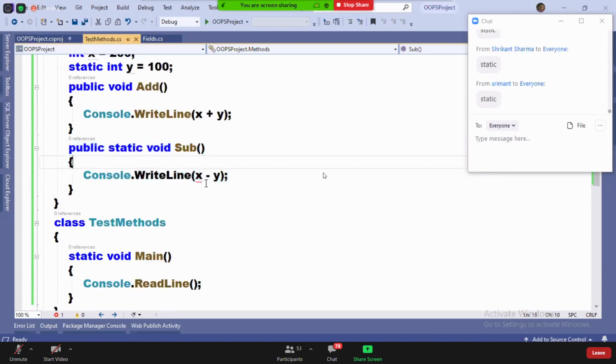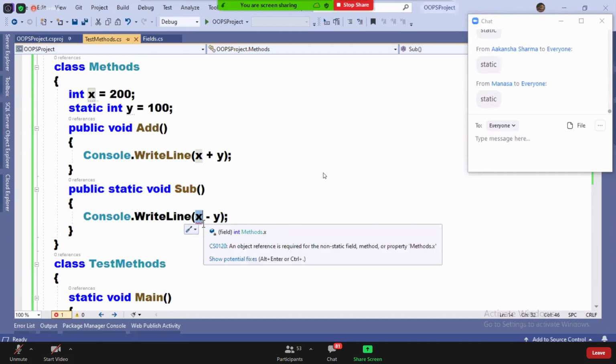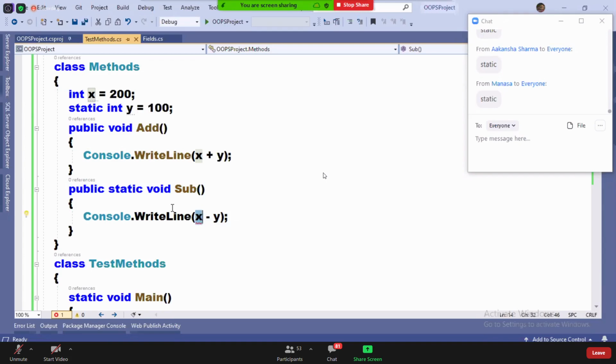Static. And inside of it, if I want to consume non-static members, I can consume them only with the help of a class instance.